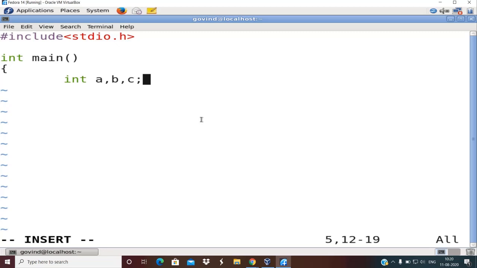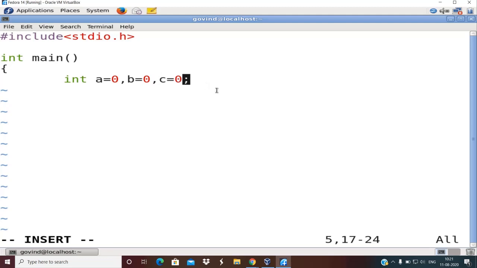Always in C it is good practice to specify some default values to all the variables that you define. In fact, if you refer to the solution PDF that was shared by SPK sir the other day, for the programs on lab termworks, you will notice that all the variables which have been created are initialized with default values, right? What do you mean by default value? For integer, the default value is 0. So it is a good practice to always initialize the default values for the variables. And a, b, c are integers, so I am specifying a, b, c as 0 values.